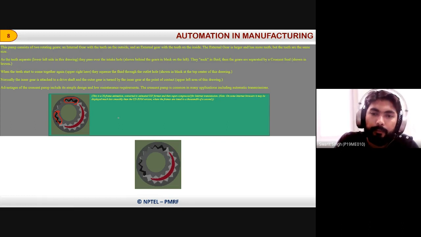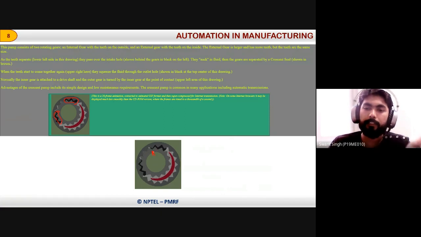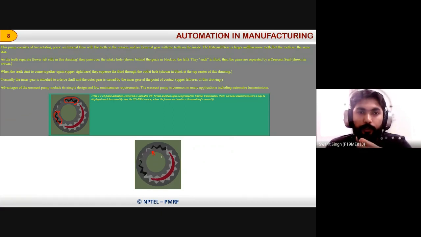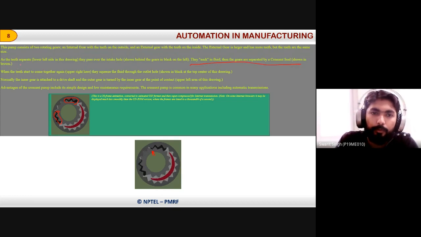This is the internal gear pump. Okay. So as you see, these are the internal gears, and this gear is rotating and the other is stable. It is getting engaged with the other and then performing the action. So what is there? This crescent, if you read this statement, says: as the teeth separate, they pass